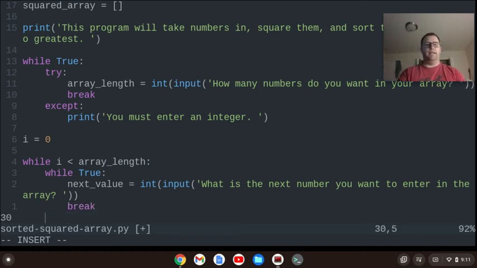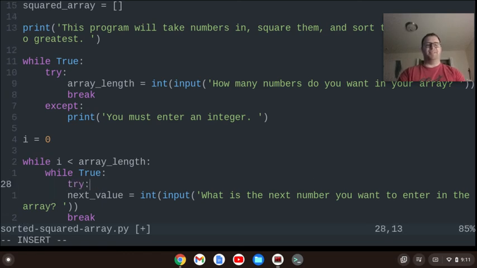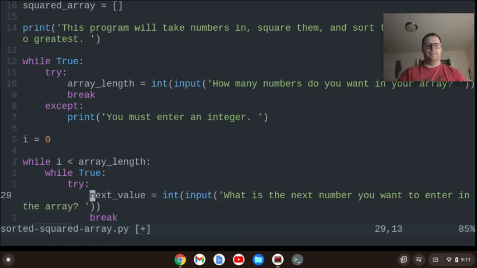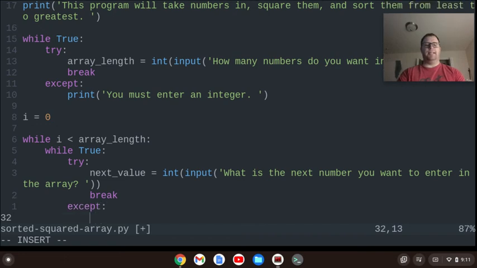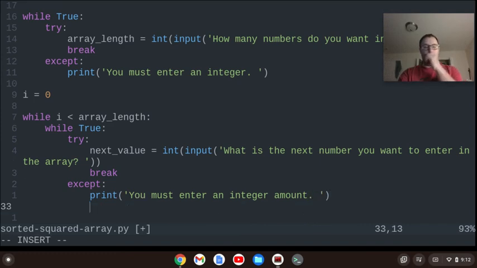Okay. And I keep forgetting we have to add try. So we're going to try this. Okay. And if that doesn't happen, we're going to print, you must enter an integer amount. Okay. All right. So we're going to go through that, and once we get back an integer, we're going to take